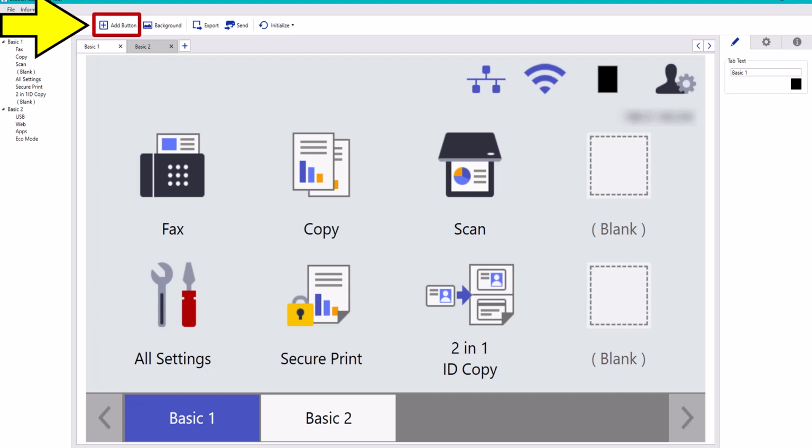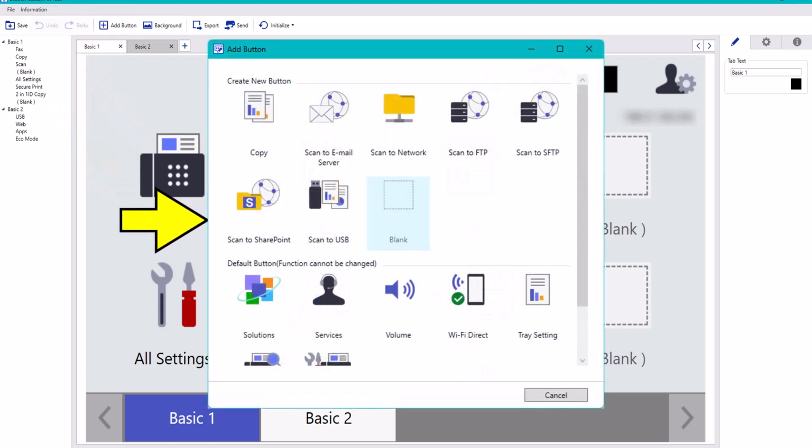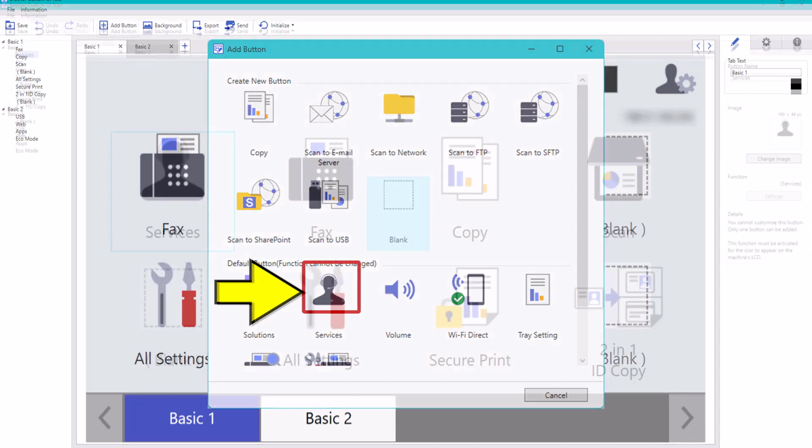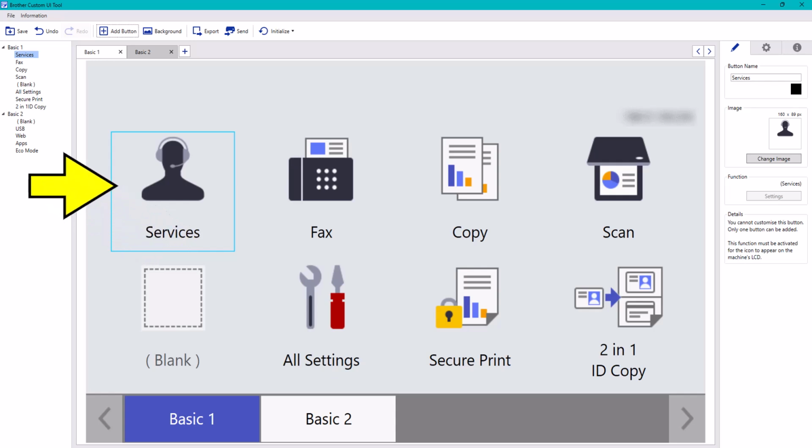To add a new button to your screen, select the Add Button tab at the top of the screen. There will be a pop-up box presented on your screen. Select the icon for the additional button. The new button icon will now appear on the left of the screen.